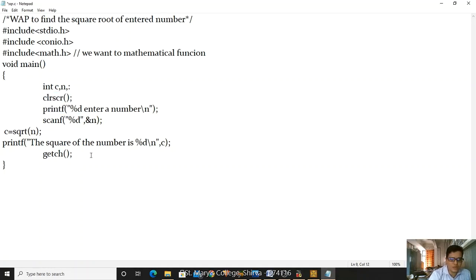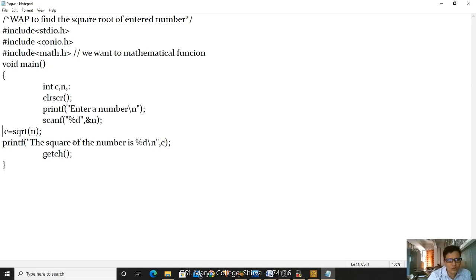Now you are writing one output statement, enter a number. From the keyboard you are entering the value. After entering the value, where will that value be stored? In n. Now please observe here, c is equal to sqrt of n. Whatever value you have entered, it will automatically find its square root and store it in c.